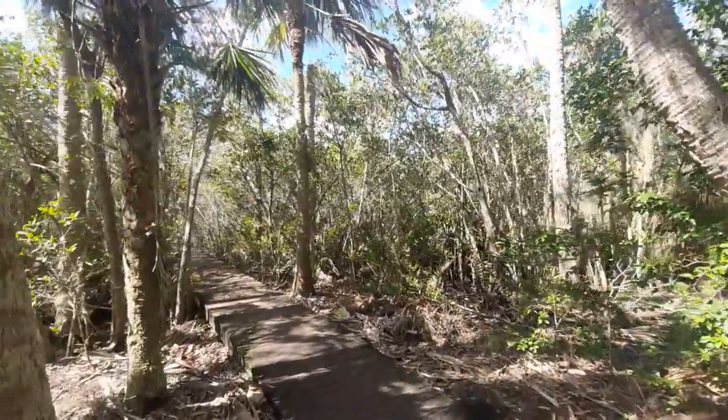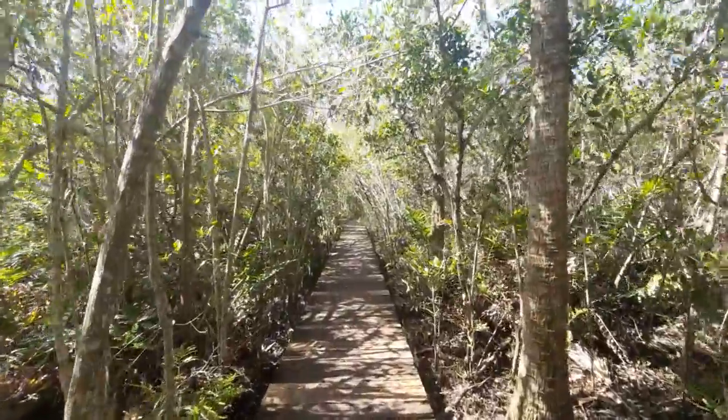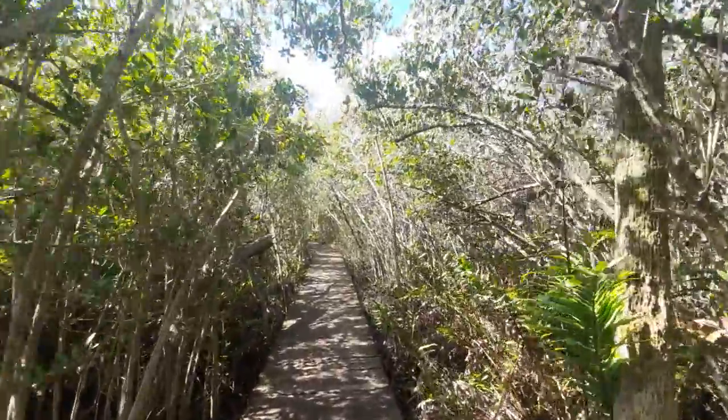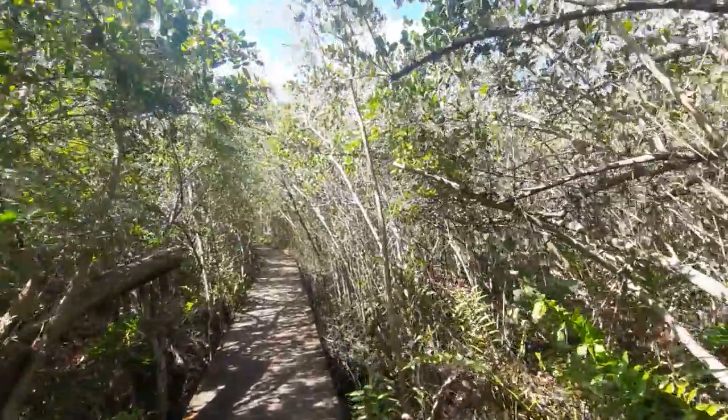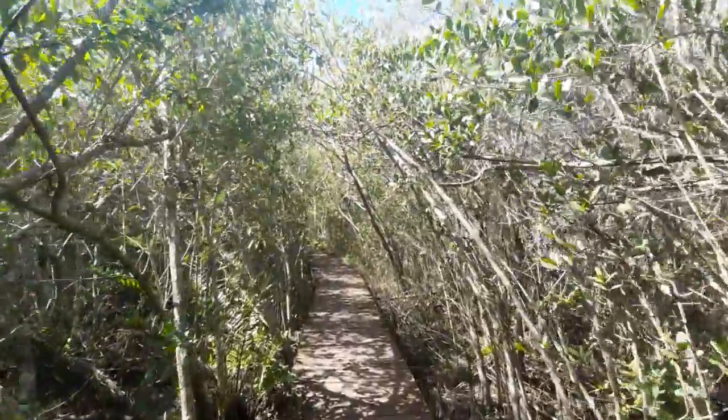But here is a nice boardwalk that's on the Three Lakes Trail. This is where you really have a chance to see the hammock turn a little bit into a mangrove ecosystem. So usually when we start seeing mangroves, that's a clear indication that we're starting to make our way towards an estuary, because you won't find mangroves in freshwater ecosystems. So for instance,